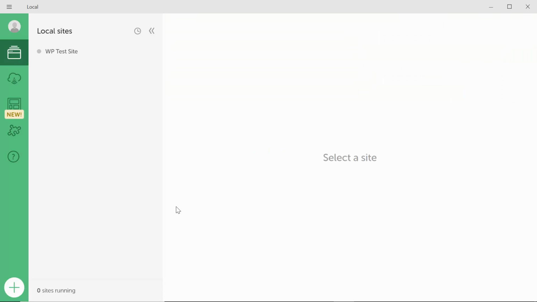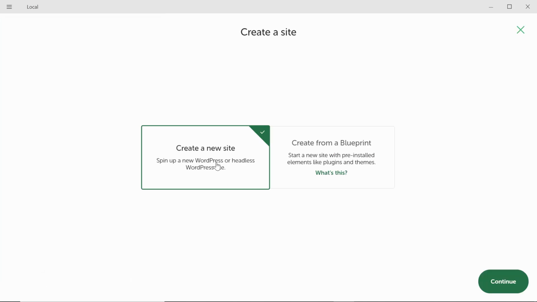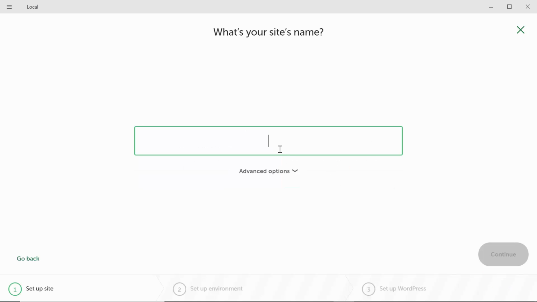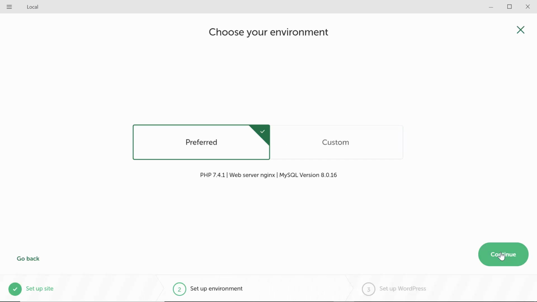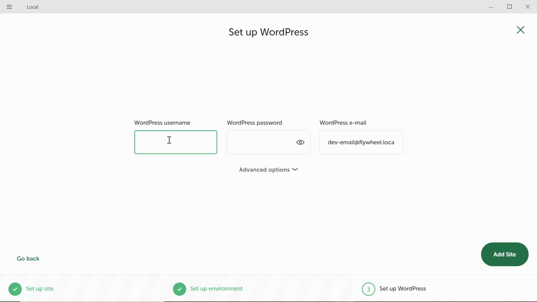This is Local, and as you can see there is a plus button below. Click here, click on new site and press continue, and write your site name. For example, my site name is test site. Then continue, preferred, and WordPress username. For me the username is Sazzad and the password is 1234. Then I will enter my email address